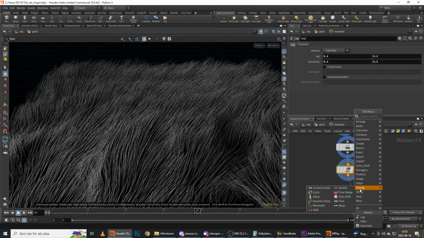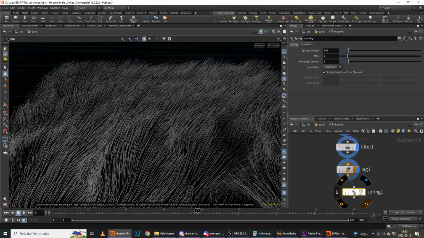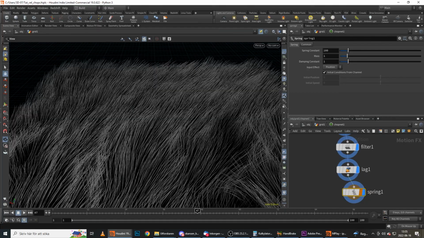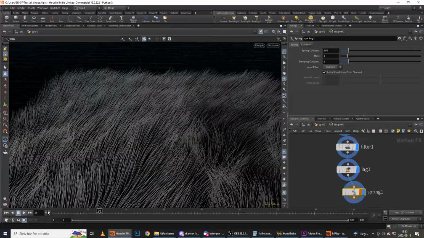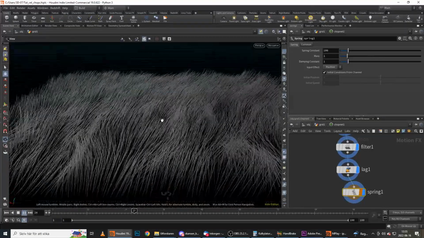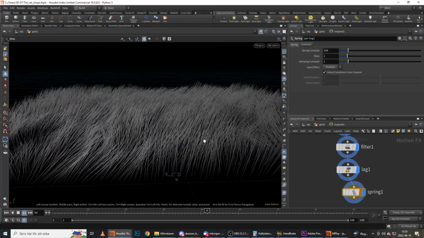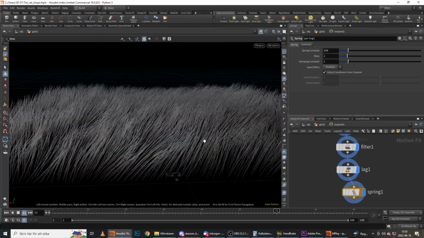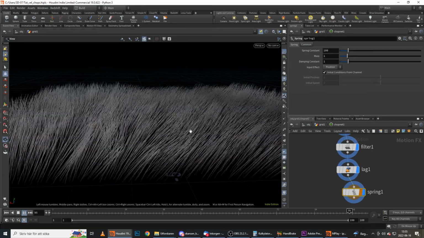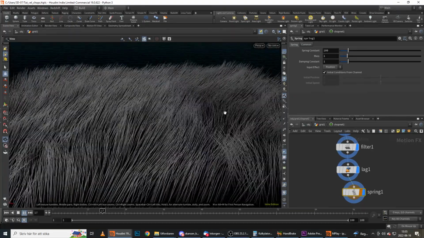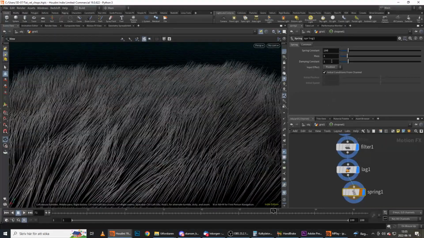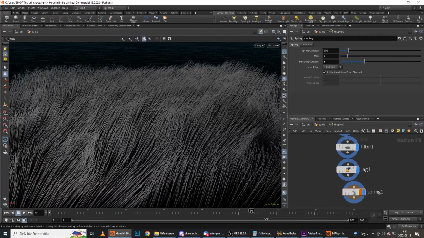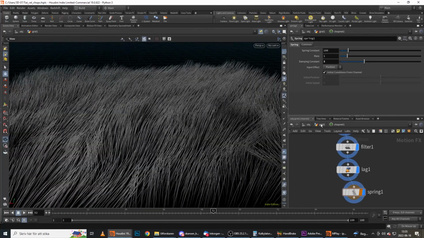And we're also going to add a spring. And spring is kind of hard, but I think it works really well on grass. Because it kind of gives it a repetitive kind of movement. Maybe the bend is too little here. I think they're moving a bit too straight. I think they should bend a bit more. So yeah, let's bring up the damping constant here to like 3, so we get a little bit less. That's cool, but